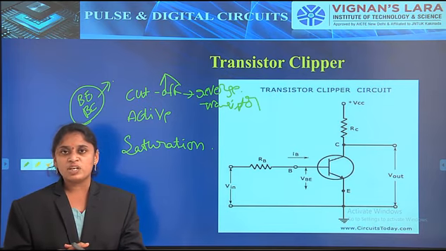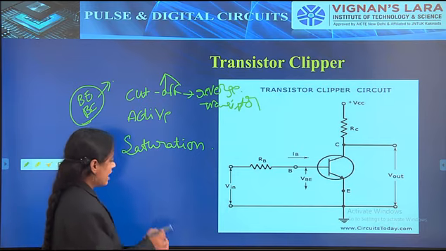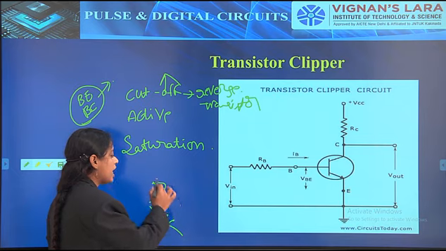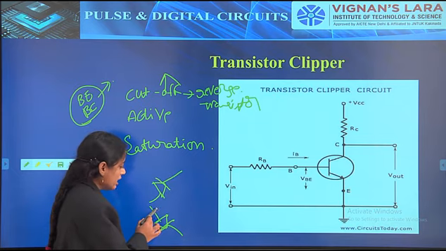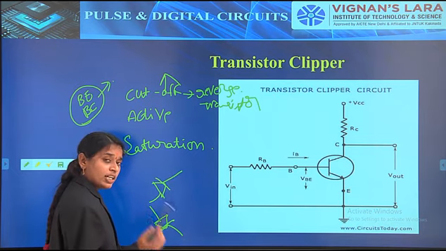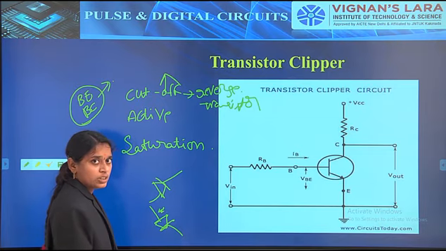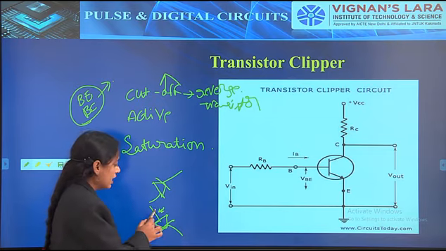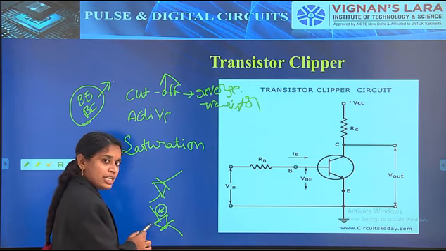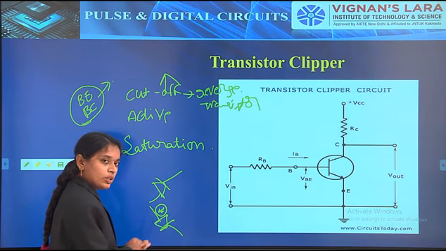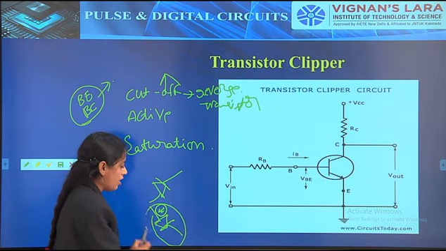What is meant by reverse bias and what is meant by forward bias? As we know, the base emitter junction is designed with one diode and the base collector junction is designed with another diode. Here, what is the on condition for the diode? The anode voltage must be greater than the cathode voltage, and the cut-in voltage must be V gamma. When it reaches the V gamma voltage, only then will the diode be in the on condition.